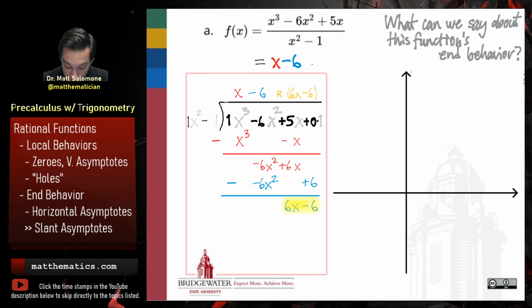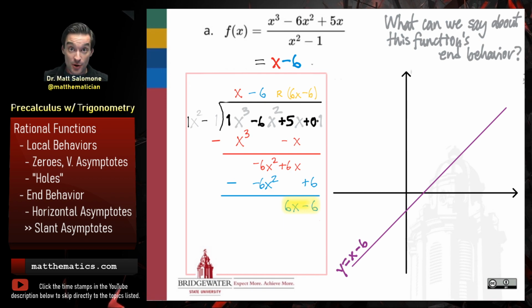And so the graph of the function y equals x minus 6, that we know how to graph. Y equals x minus 6 is a diagonal line with a slope of 1 and a y-intercept of minus 6. And if there is any justice in the universe, that function, f of x equals x minus 6, we believe